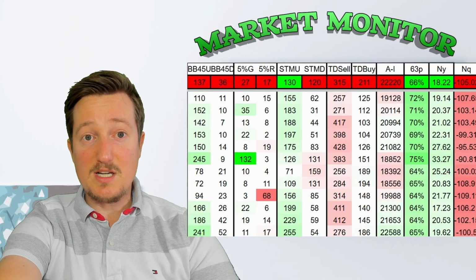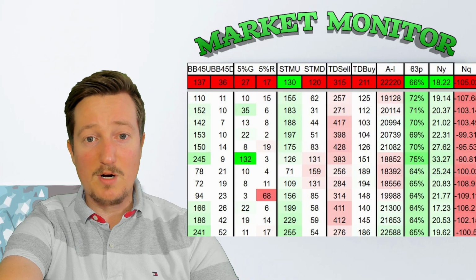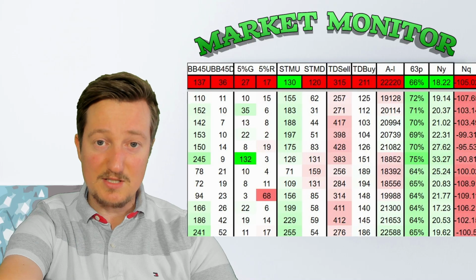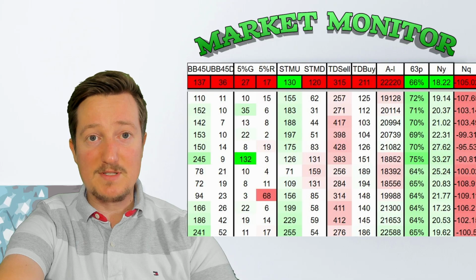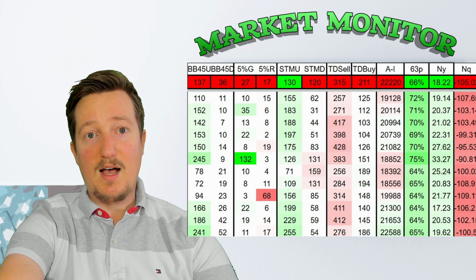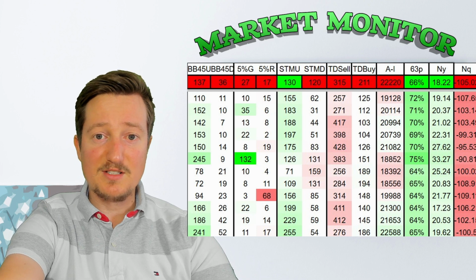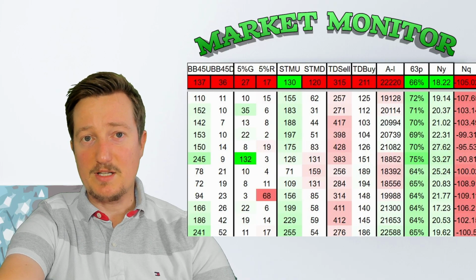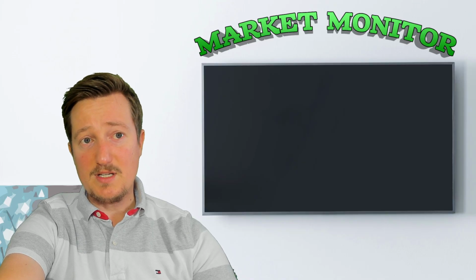And then as you can see here with the 63P, that's stage 2 stocks plus stage 1 stocks, it's at 71 or 72, which is on the upper end of the range, as it oscillates from 100% to 0%. So we are on the bullish side of that, which could lead to some mean reversion down to 50%. And then the long-term NY and NQ, this is a long-term breadth indicator. That basically tells me if we're in a bear or a bull market in New York Stock Exchange stocks and NASDAQ stocks. So we are in a bull market in the NYSE, and that's basically it for the market monitor.